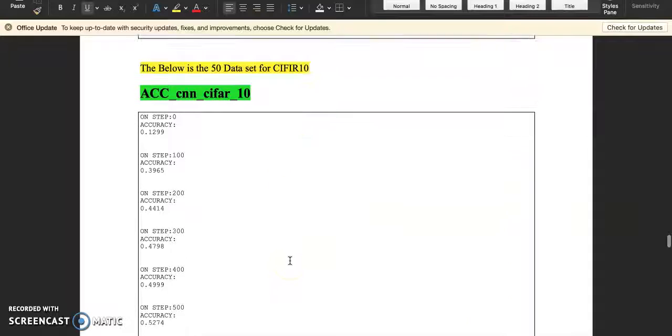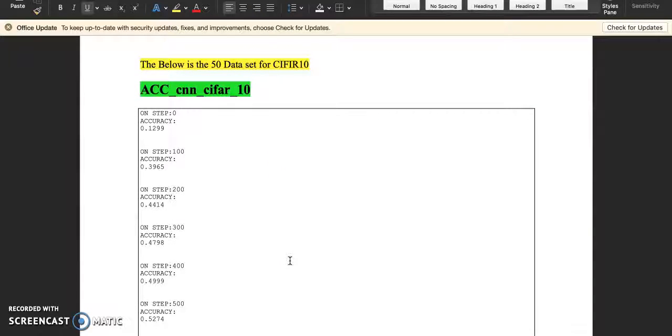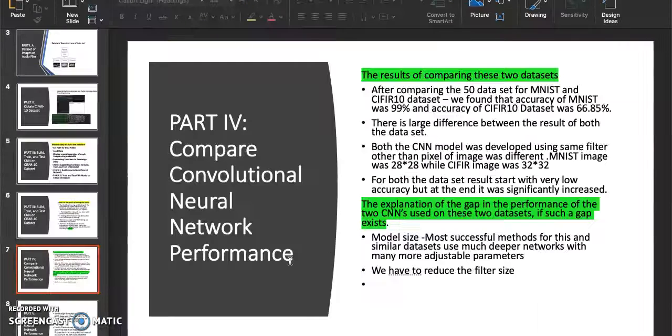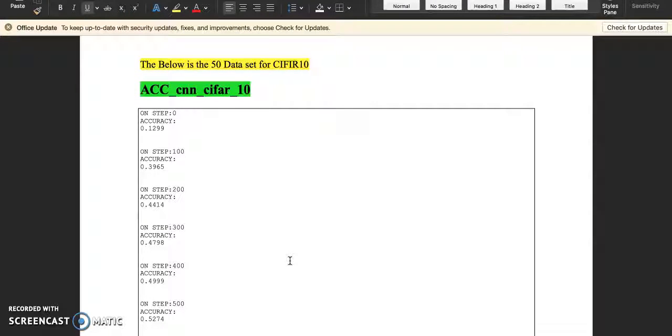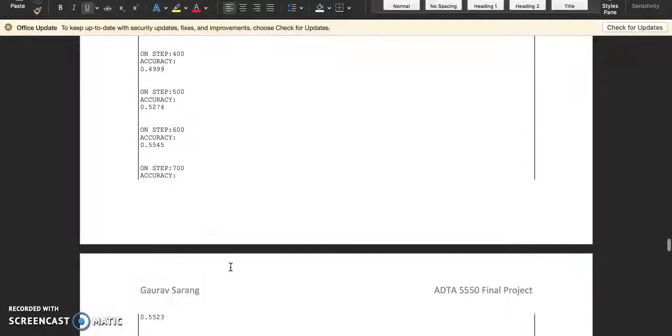Then there is another dataset, CIFAR, and I recorded all the 50 data points of this also.